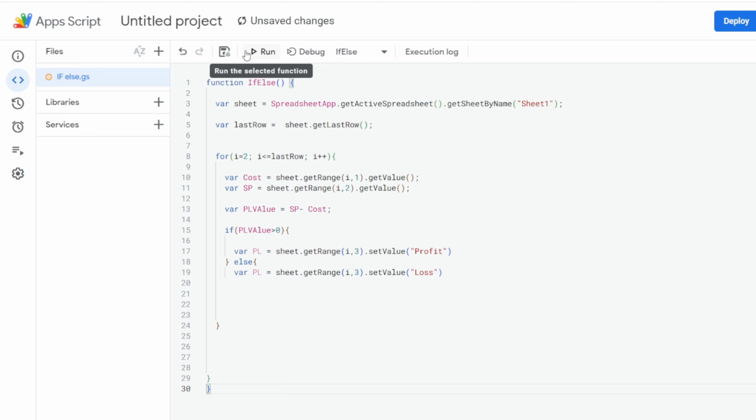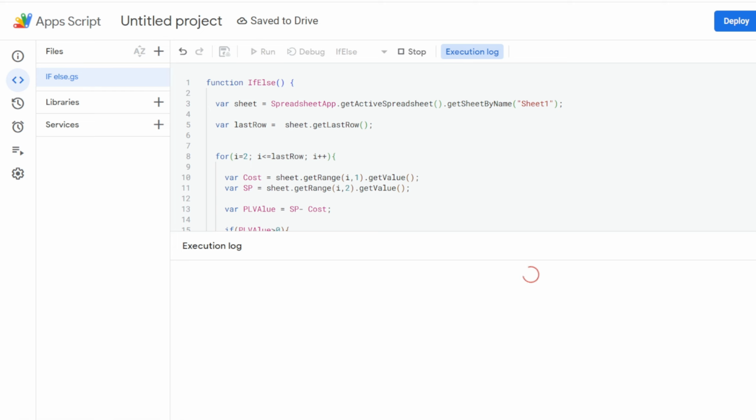Close the parenthesis, close the braces. Now if you run the script,